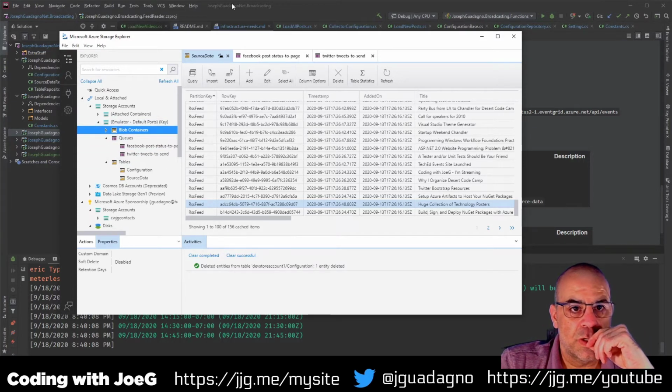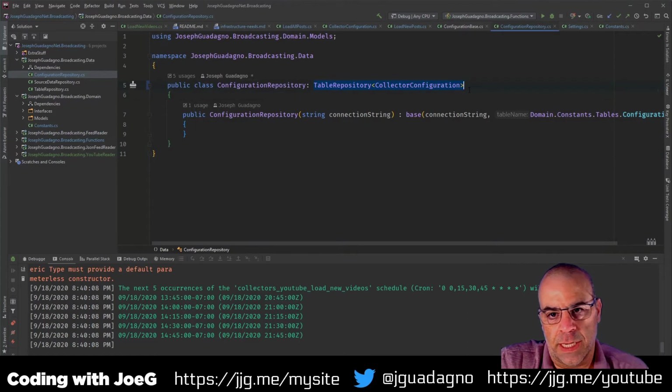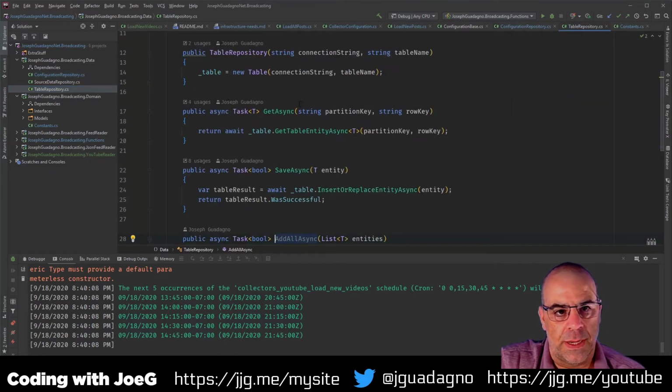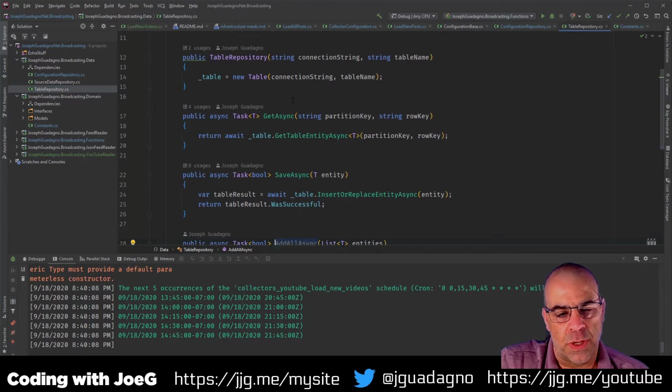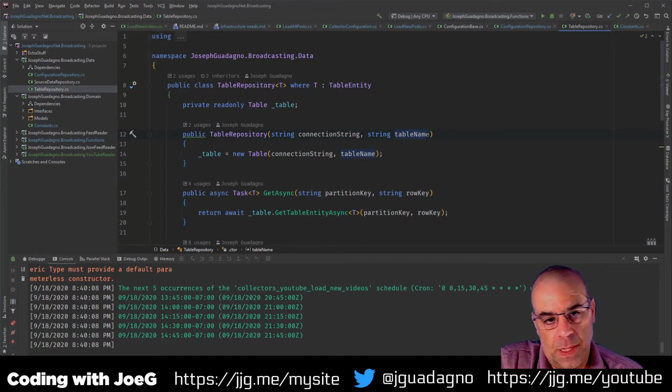So I started to rewrite this configuration repository. Right now it's using the table repository. The table repository is a way for us to interact with the Azure tables, but it requires a connection string and the table name. No big deal.